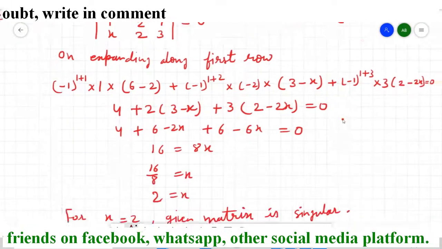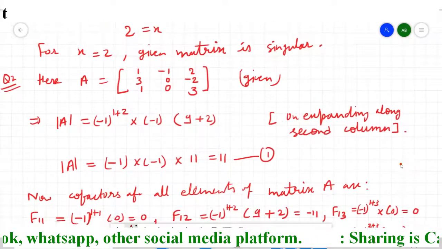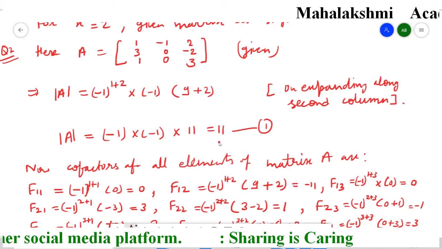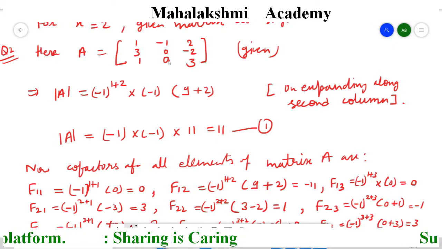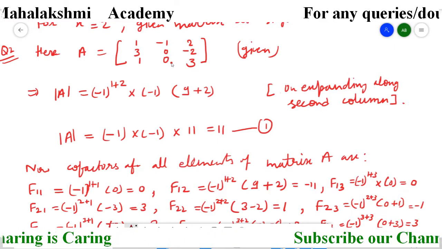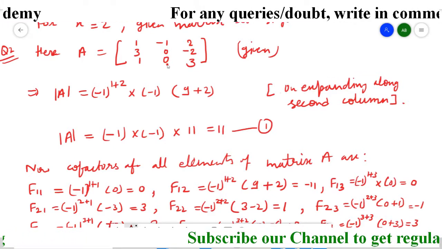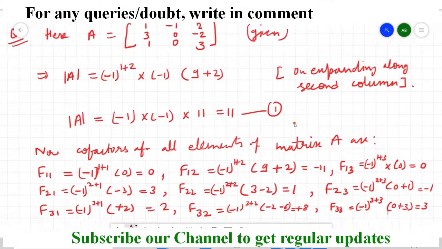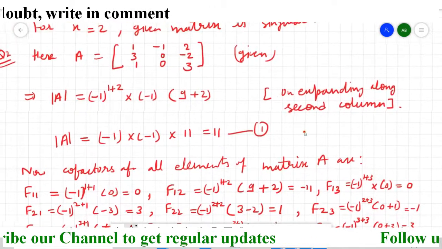Just start it, I have solved a little bit, then we will continue to solve. First I took the matrix and then I calculated the determinant because we need it. Here I expanded it along the second column. Why I preferred the second column is because in the second column you have two numbers as 0, so it's going to reduce our burden. That's why I expanded along the second column, and we got the determinant as 11. And now for the adjoint we need the cofactors that I wrote here.